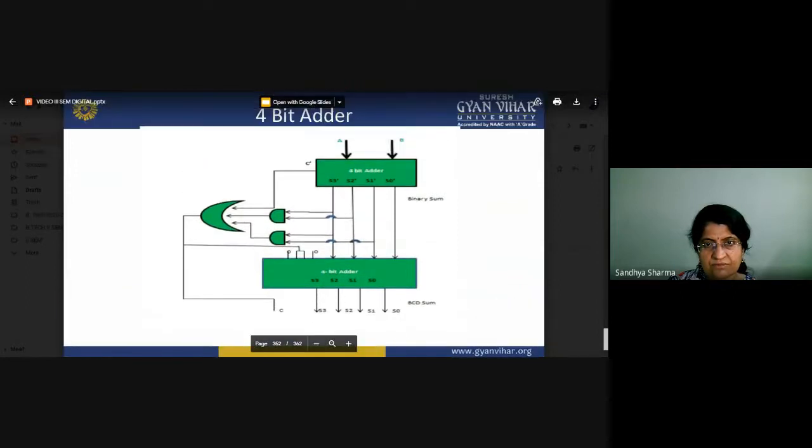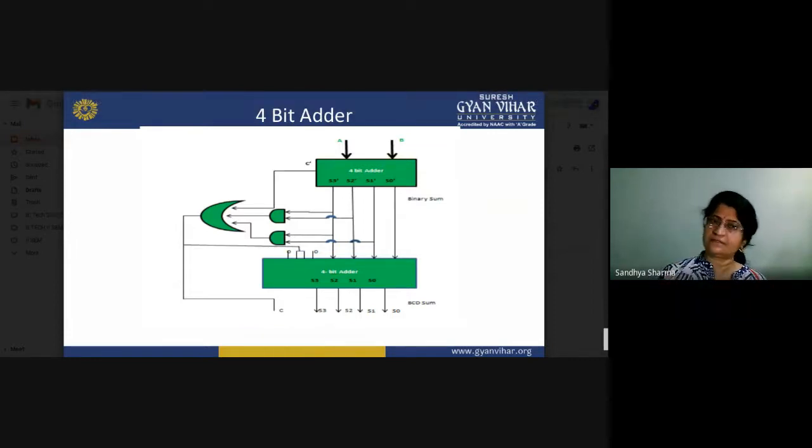You can see there is a 4-bit adder and another 4-bit adder. A and B are given as the 4-bit numbers, with outputs S0, S1', S2'. There is a comparator, and this is again our NOR gate, just a shape so that we can give too many inputs to this part. You can see in this diagram there are 2 AND gates. This is a 4-bit adder, and this is again a 4-bit adder. So that is basically a BCD adder.